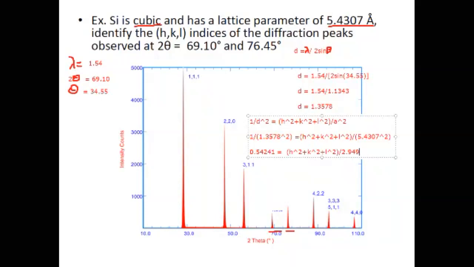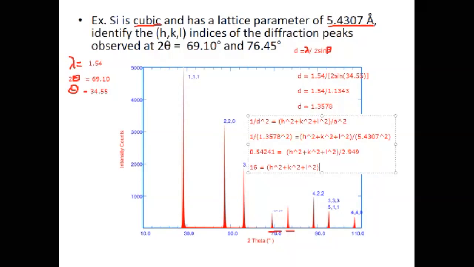So we get here, pretty much it's 16 because it's 15.99. So 16 equals this. So we have to ask ourselves what values of h squared plus k squared plus l squared would add up